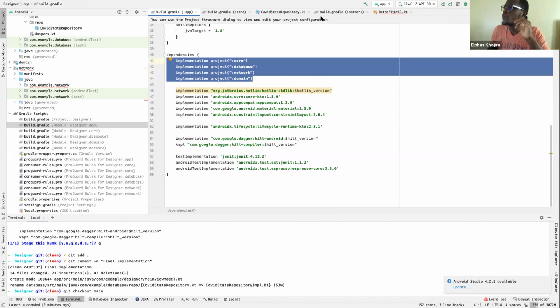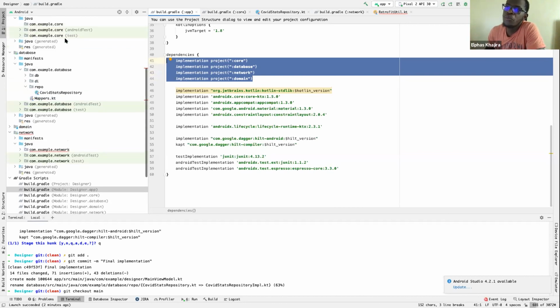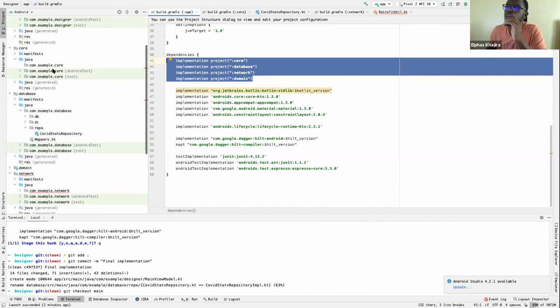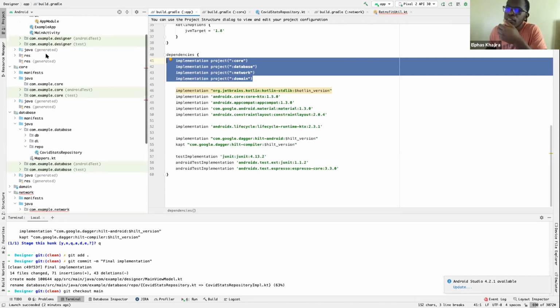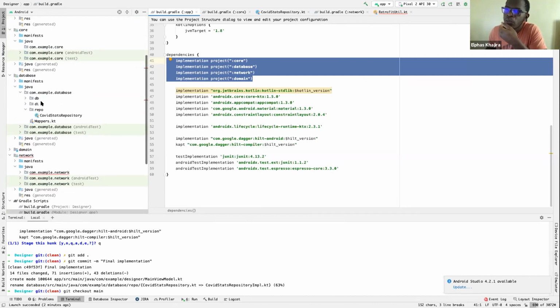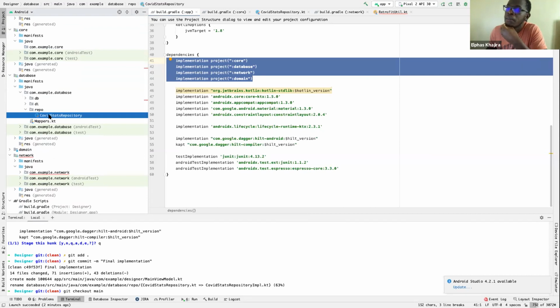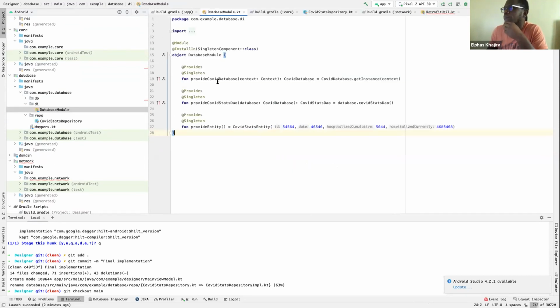When you're using Hilt, all singleton components that you declare. So basically, let's say we'd like to provide, let's go to the database module, and we'd like to provide our database. Ideally, I'll just show you a simple implementation of how this is done.